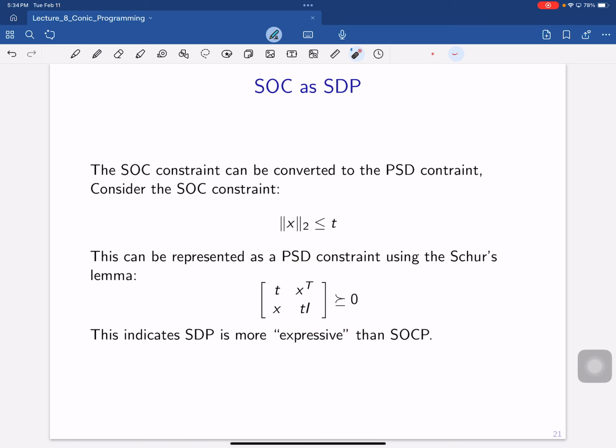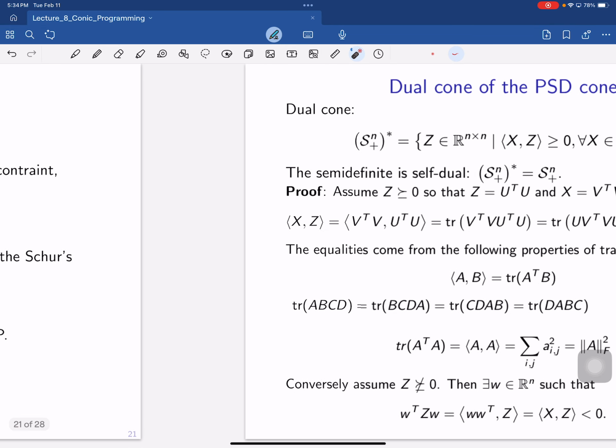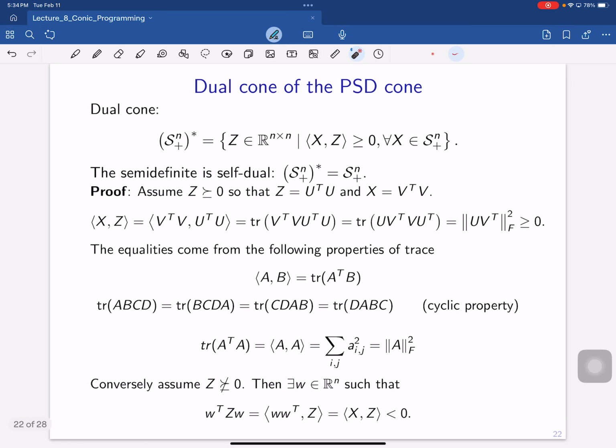This matrix being PSD is equivalent to the SOC constraint by applying Schur's lemma. Okay. So therefore, SDP is more expressive than the SOC type of constraint. Okay. Probably I wouldn't have time to show the proof, but if you are curious, you could read the